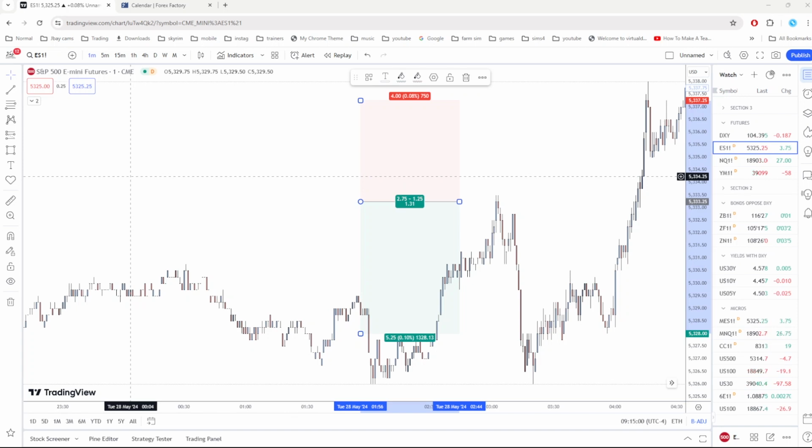ICT's son did a similar thing where I believe he used a 12 handle stop and he targeted, I believe that it was 10 handles, but it could be 5 handles. I'm not 100% sure, but either way,